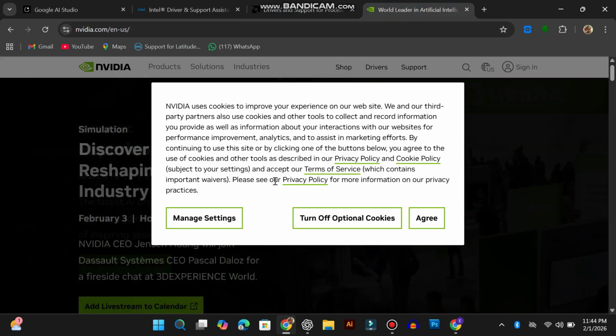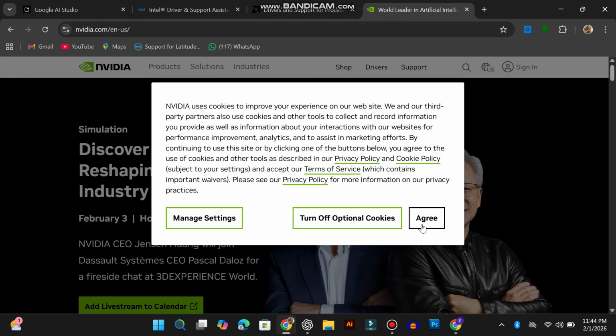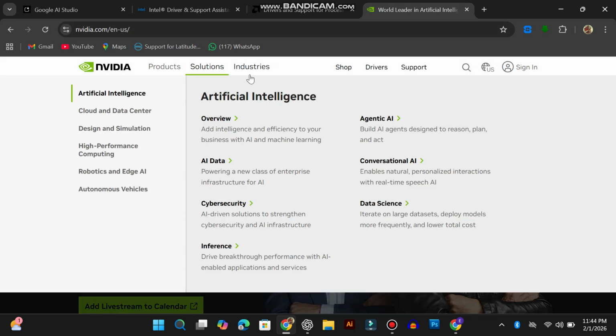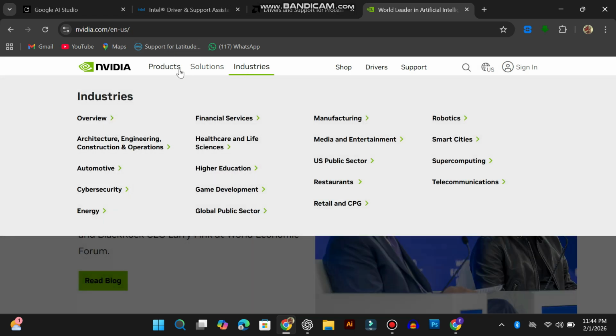For NVIDIA, it's very simple. I'll share the link in the description. Visit the website, run the detection tool, and it will detect your GPU and install the correct driver. These are the best ways to update your graphics card and use it properly. Whether you're gaming or doing other tasks, performance will be much better than before, because old drivers don't give good